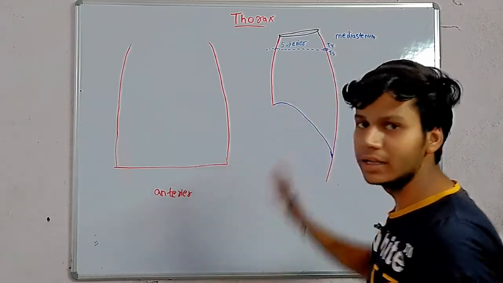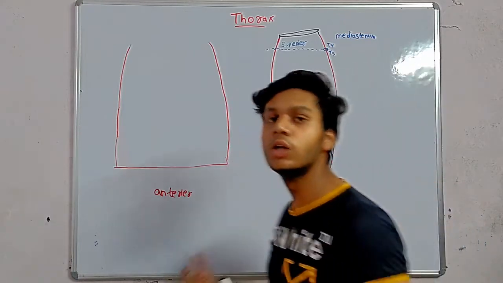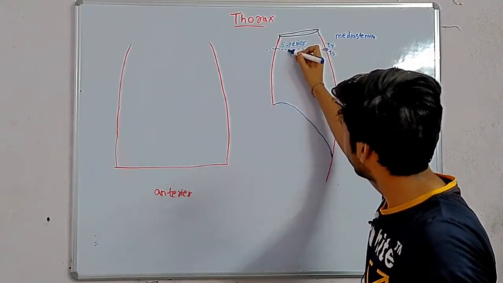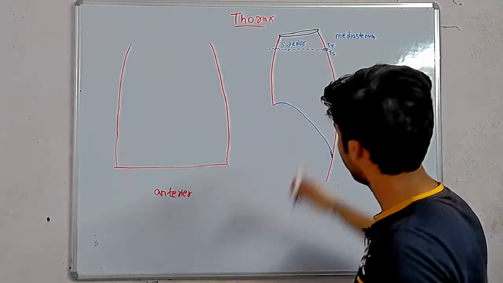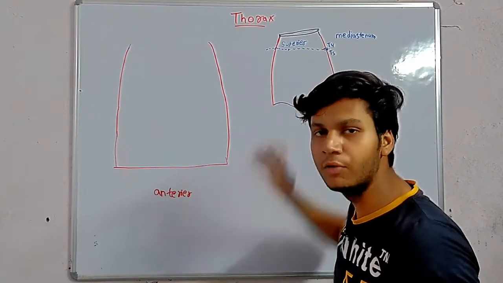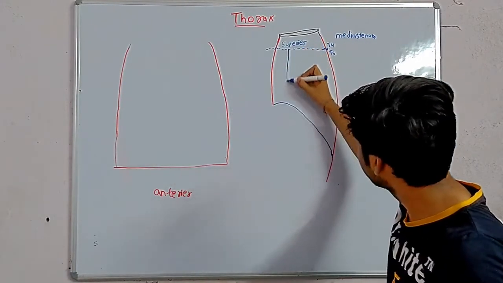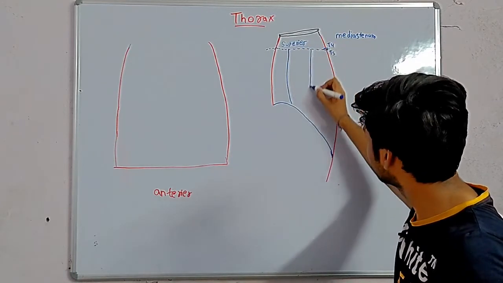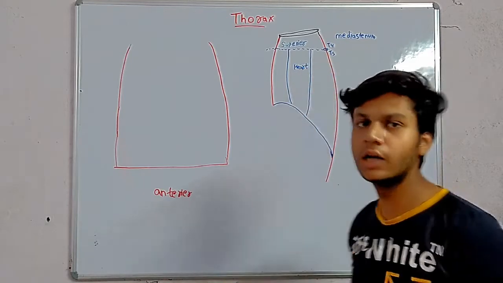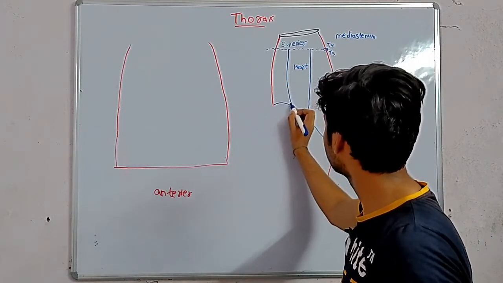And below it is the inferior mediastinum, divided into three parts. It is divided by the heart. In inferior mediastinum, heart is found. So heart divides the inferior mediastinum into three parts. It is present in center. If we take lateral section, this is heart. And covering of heart is called pericardium. So this is pericardium.